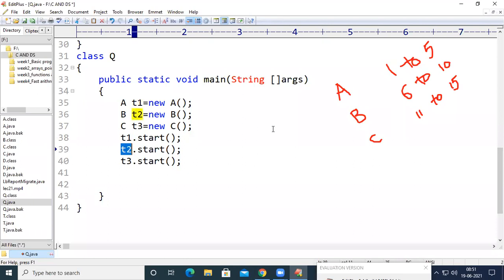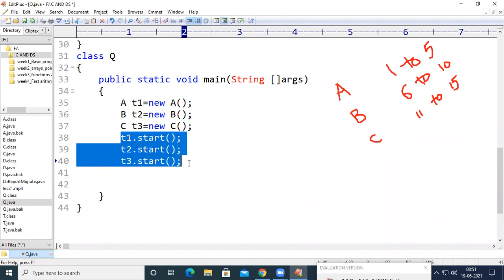If T2 gets executed, it is going to print the numbers from 6 to 10. And T3 has been moved last, so it will be executed last, and it is going to print 11 to 15. So if these three threads are in the ready state and the CPU is following first come, first serve, then it is going to print the numbers from 1 to 15 in ascending order.